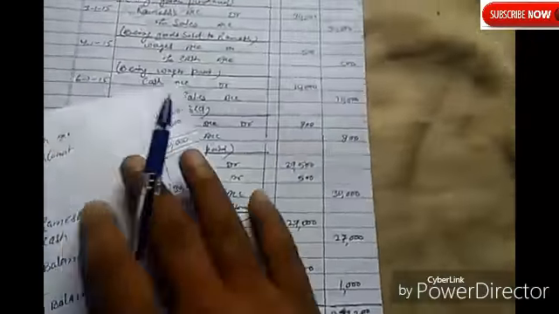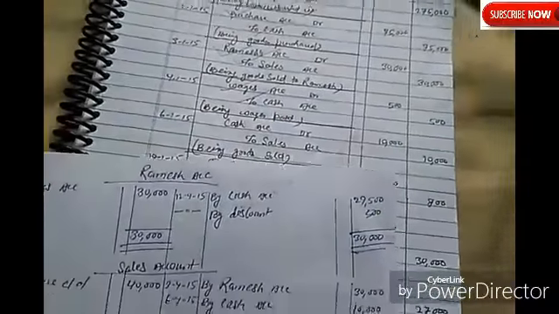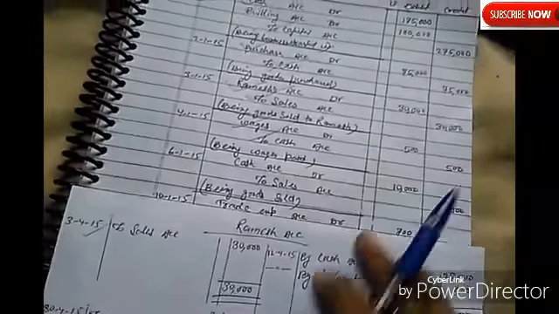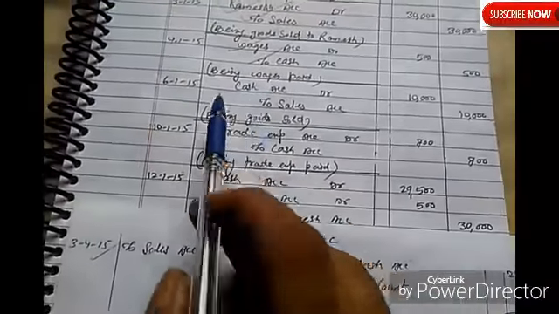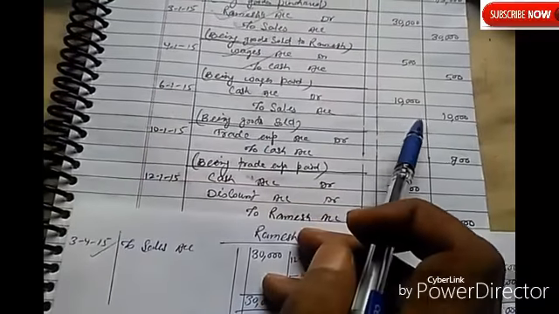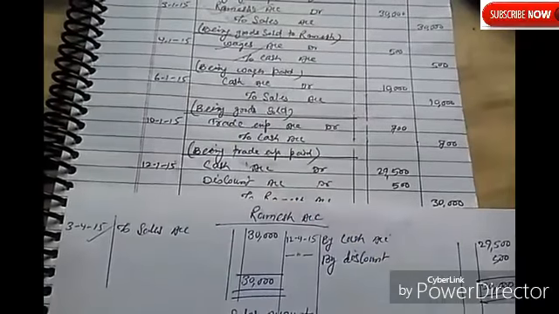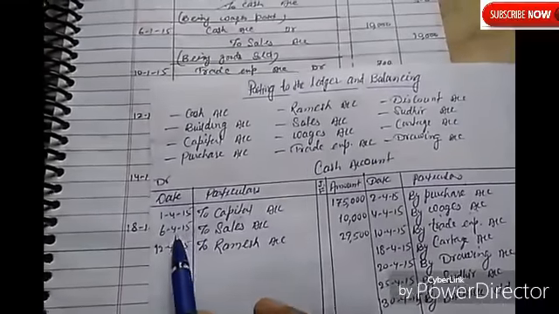Now see this is over. So now see cash account debit to sales account. Cash account debit to sales account 10,000. Cash, we have already generated the cash account. So we see here on the debit side on 6.